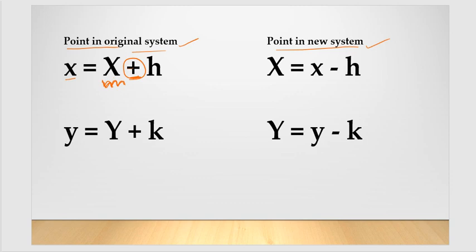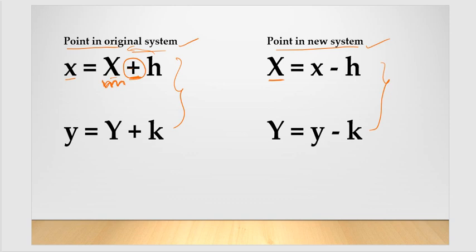So here small x is the original point, capital X is nothing but the transformed point, and h is the shift in origin of the x coordinates. The same way for the y coordinates. The same way, if we are doing transposition, if I want capital X, then what do I need to do? I need to transpose this h, no? Then I am going to get these, right? Any one of these things you remember, okay? Either you remember this or you remember this. Don't mix them up, right?